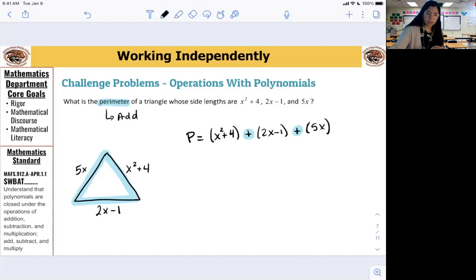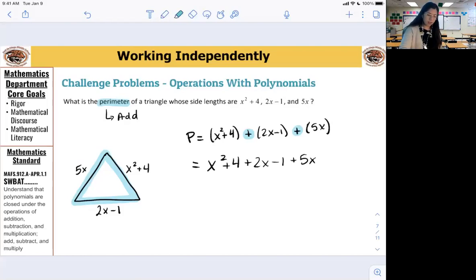things like polynomials like this, you can basically get rid of the parentheses. So the reason I had the parentheses to begin with was just to separate, to say, okay, this is one binomial, this is another binomial, and this is a monomial. But since I'm adding them together, those parentheses don't really need to be there. You only really need those parentheses if you're multiplying or subtracting, which we'll talk about. But in this case, I'm adding, so I can basically get rid of all those parentheses and just combine like